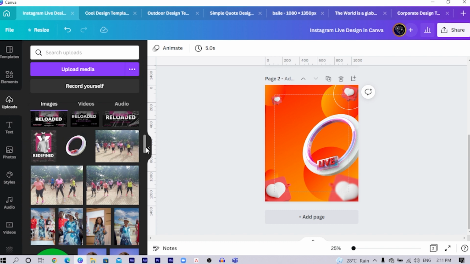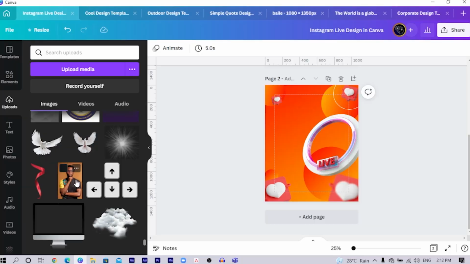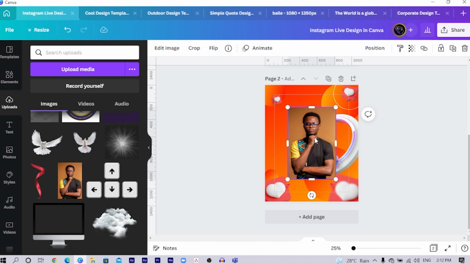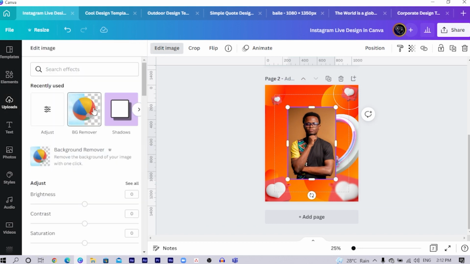upload, still in my uploads, and I will search for a photo I want to use. In this case, you can use a stock photo if you want, but I would use my own photo. Feel free to choose any photo you want. This is the photo I want to use of myself. I add it, I come to edit image, and all I have to do is choose BG